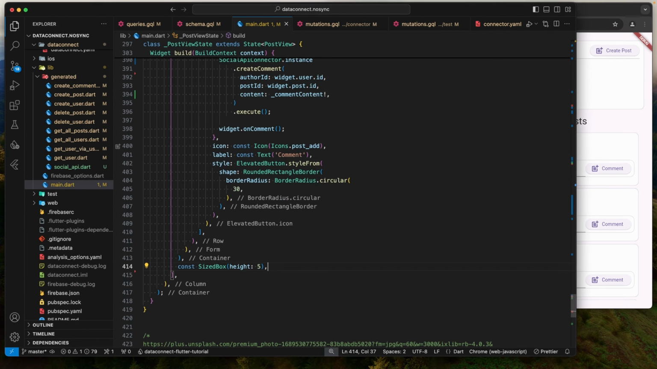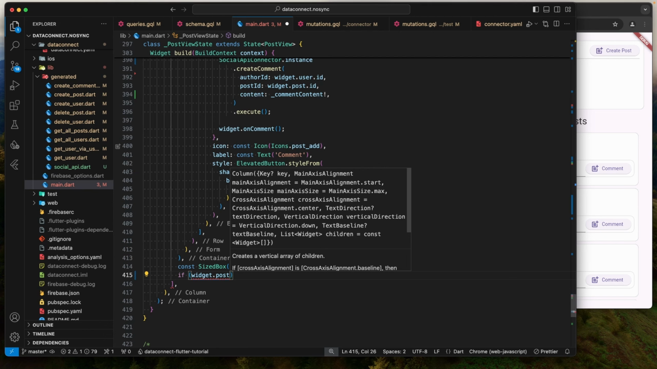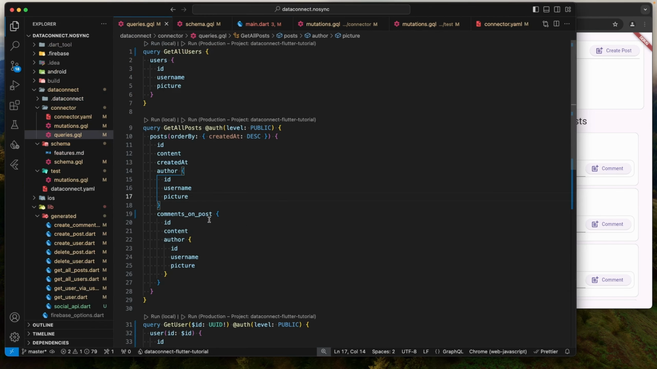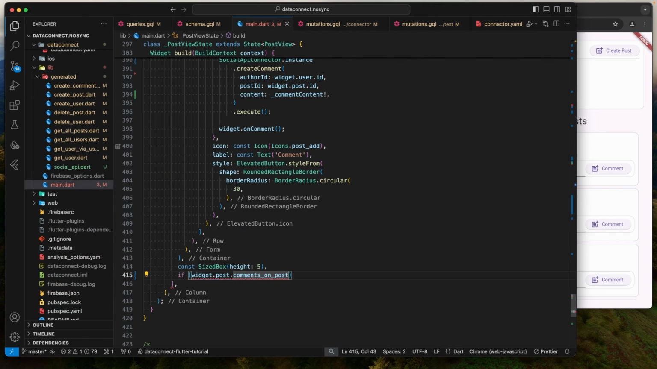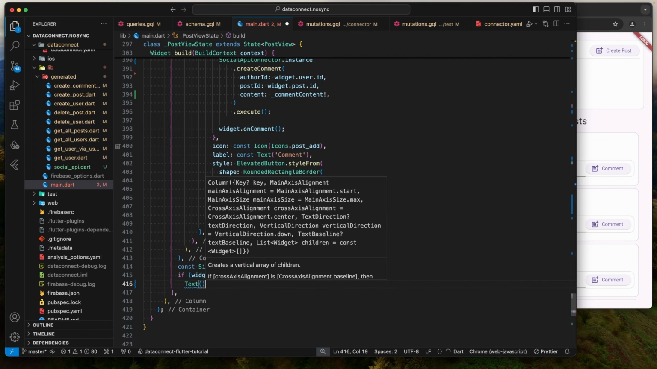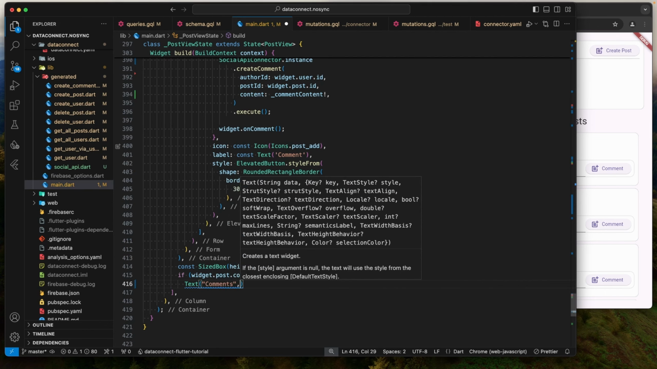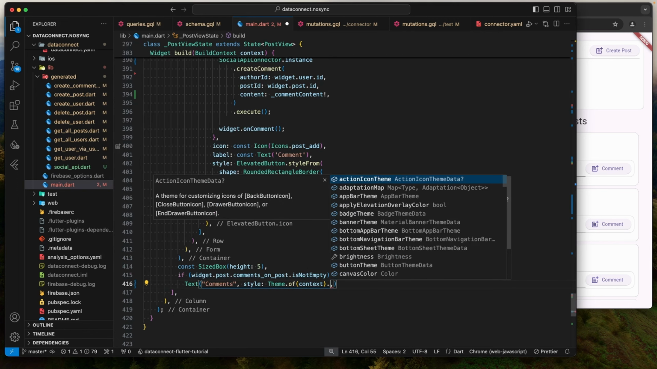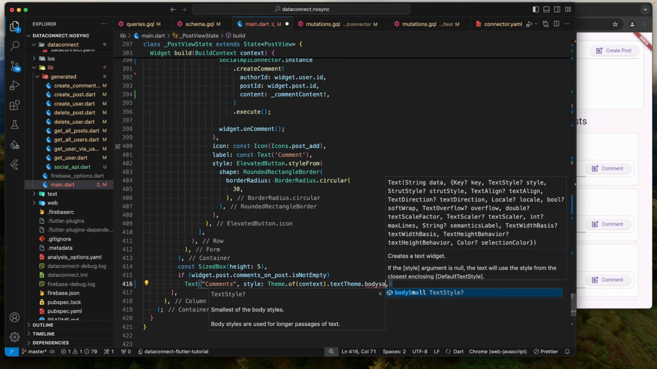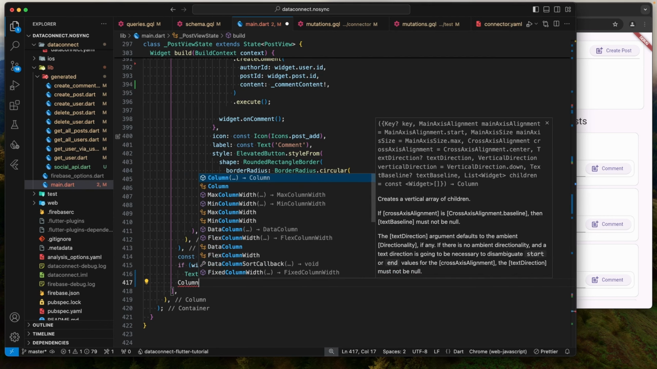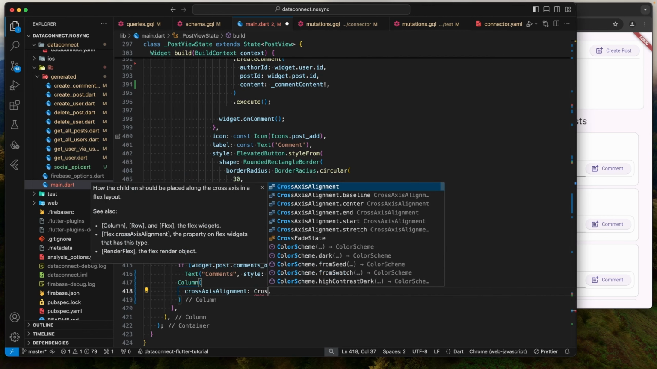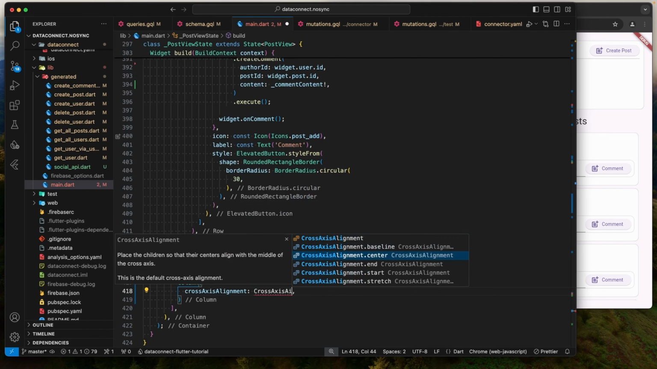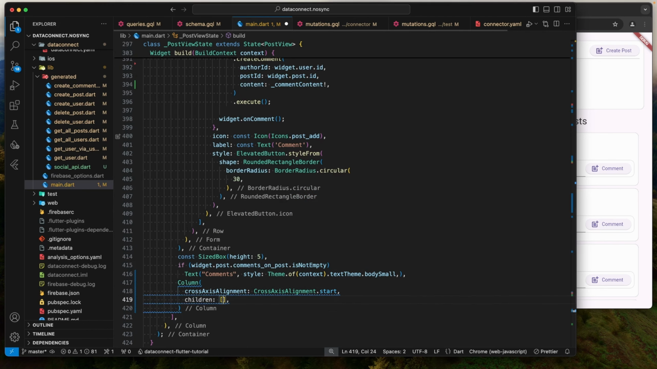Now let's render these comments. First, we'll check whether a particular post has any comments or not, and we can do so using the comments on post field, which comes from here. I'll check if this field is not empty. If it is not, I'll write text comments and set the style to theme of context, text theme, body small. Then I'll create a column, set the cross-axis alignment to cross-axis alignment.start, and set the children to